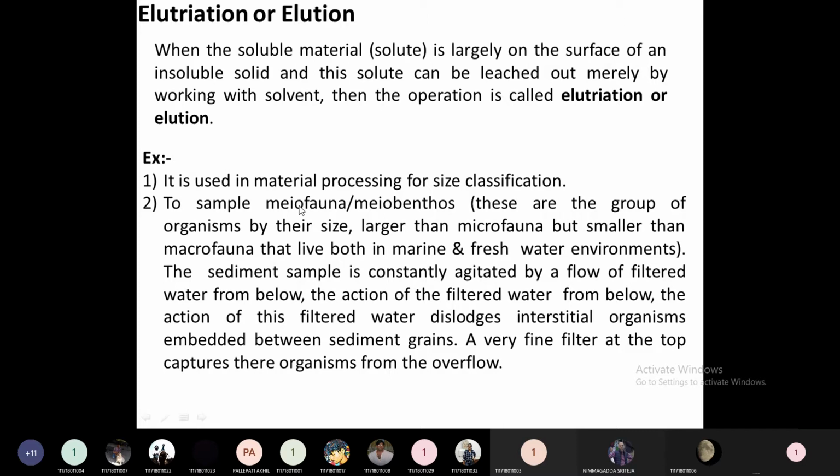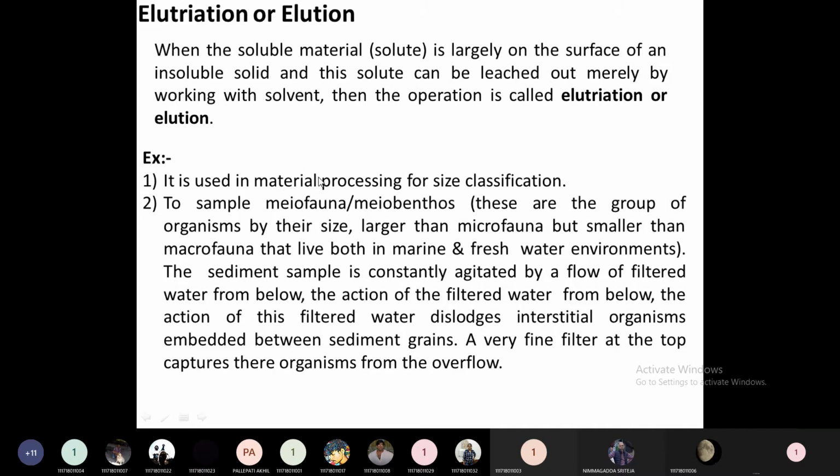Sand particles are obviously inert. Fresh water will be incorporated into the elutriation equipment. Then the microorganisms attached to the solid material will be dislodged and come out according to their sizes. This meiofauna will be caught, and it has many applications in aquaculture. So these are the processes we have to differentiate.